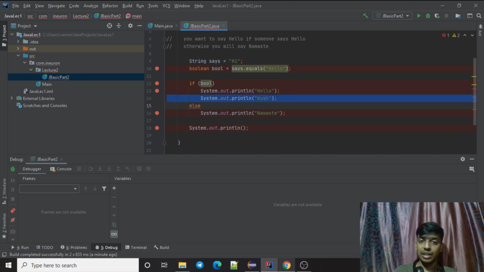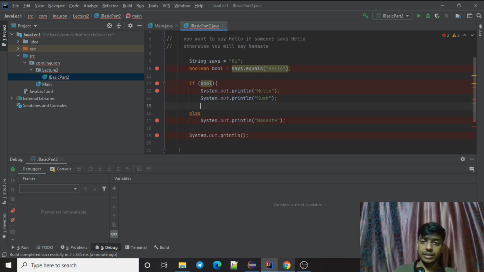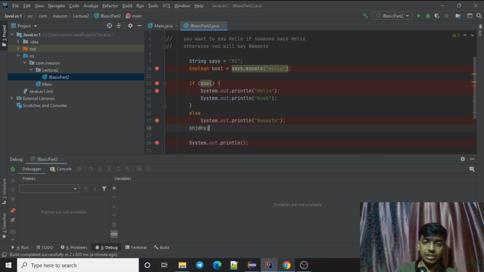If you're using multiple statements here, in that case use curly braces to make your code identify where your if statement ends, right? Same goes with the else. If you're using multiple statements here, rather than a single statement, always use curly braces.